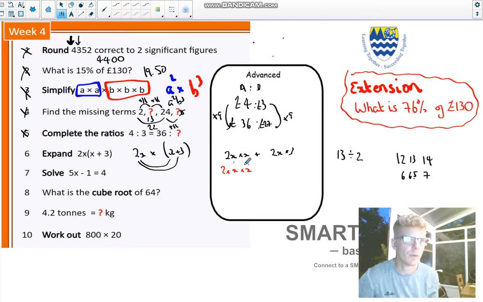So I group off this and have a look at what we did up here. A number times by itself means squared. So I could write this as 2x squared. And I've just dropped that multiplication sign there and written that one as an x squared. Okay, now here I have 2x times 3, so I've got 2 times